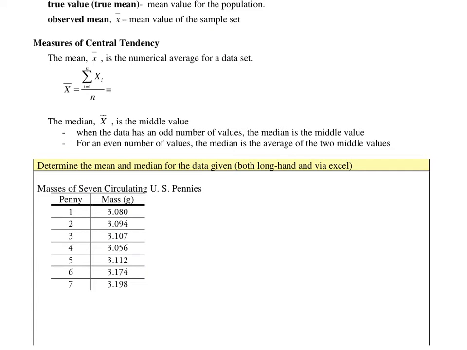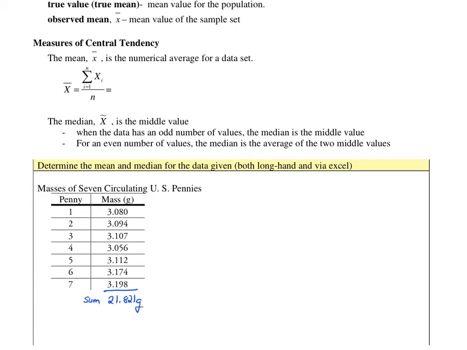Let's start by determining the mean and the median of a set of values. Suppose we had the following set of masses of a sample of pennies, and we wanted to know the mean and the median. We are going to do this both longhand and discuss the Excel functions. For the mean, we can sum up all of our values, and if we found the sum of all of these values, it would be equal to